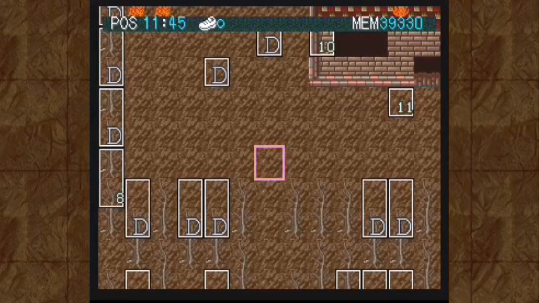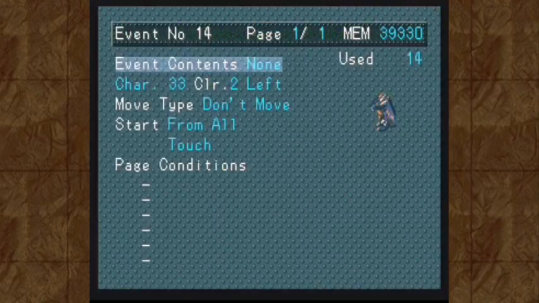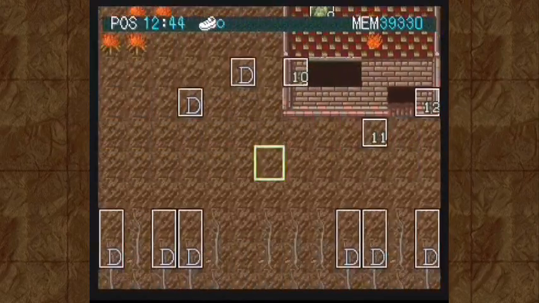And we need sort of a cutscene. I guess I'll place the cutscene inside the dragon over here. So what I need to do...